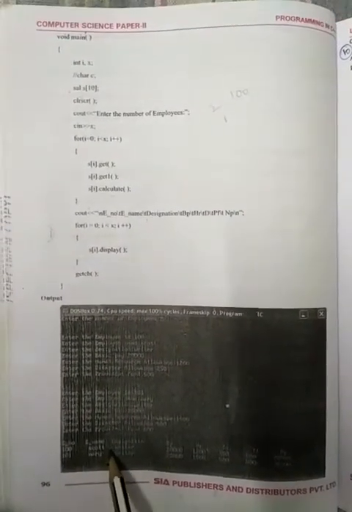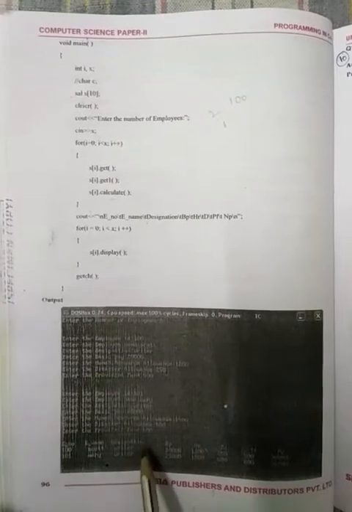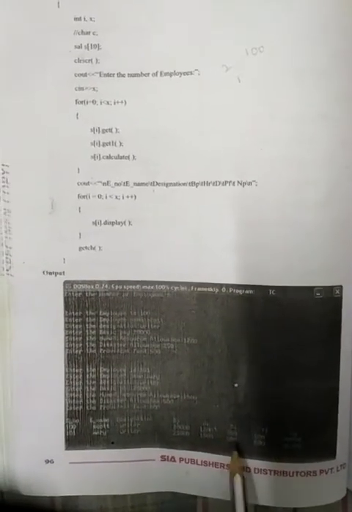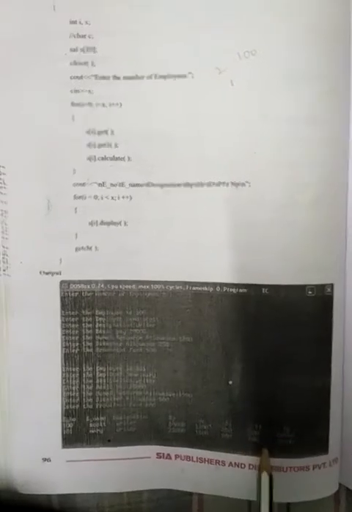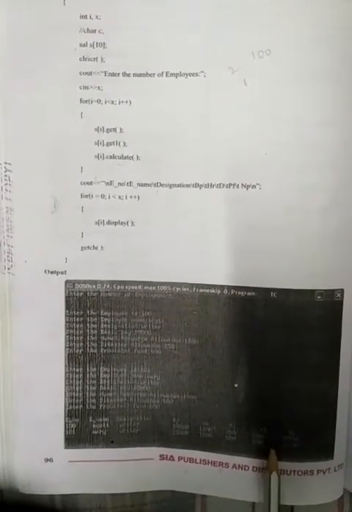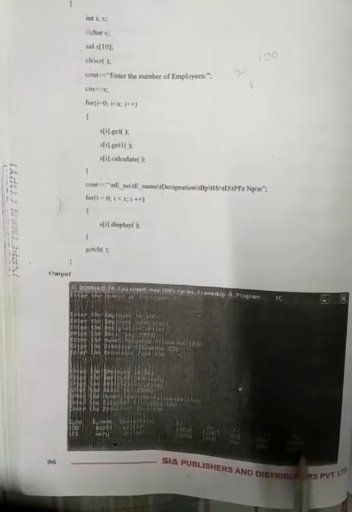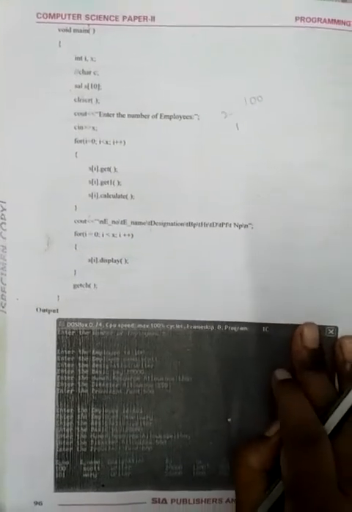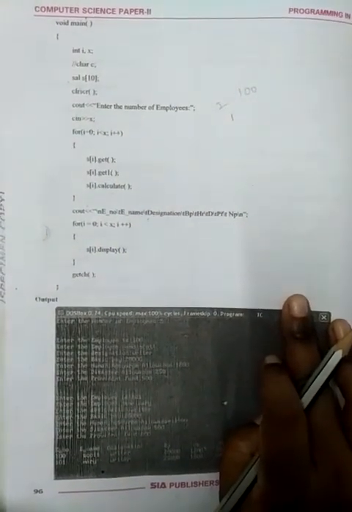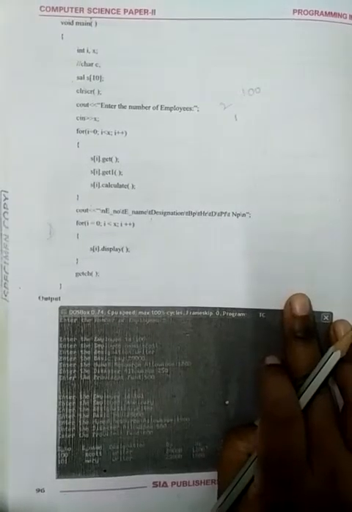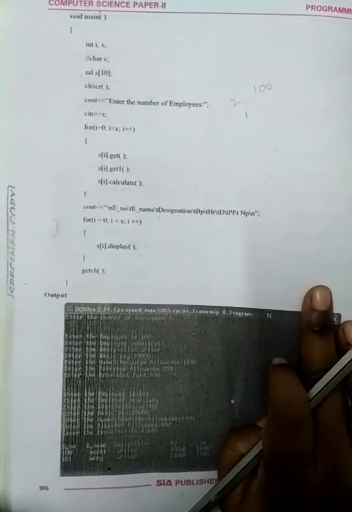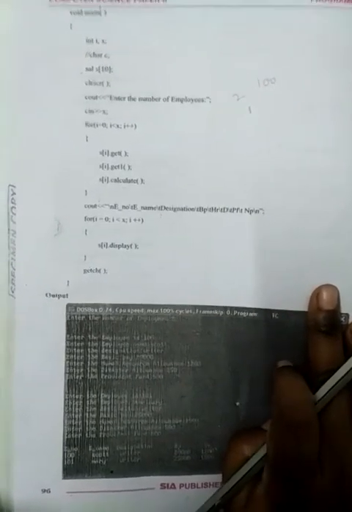So for the first employee, second employee, it shows this information, whatever basic pay they are getting, the house rent allowance, the dearness allowance, how much the provident fund is, and at last the np is deducted. Like that, it displays our output in single inheritance. Single means it is performed with just one parent, or base class, and one child class. We have only one parent and only one child class, so by that you are performing single inheritance.